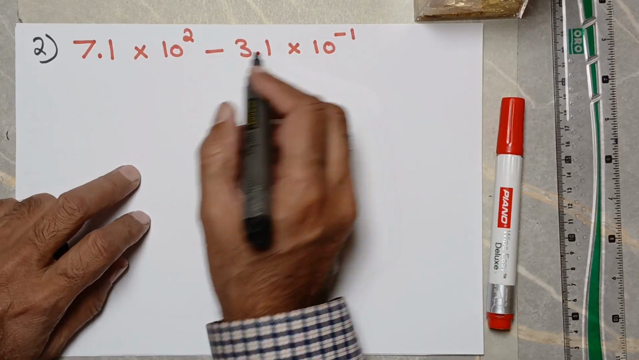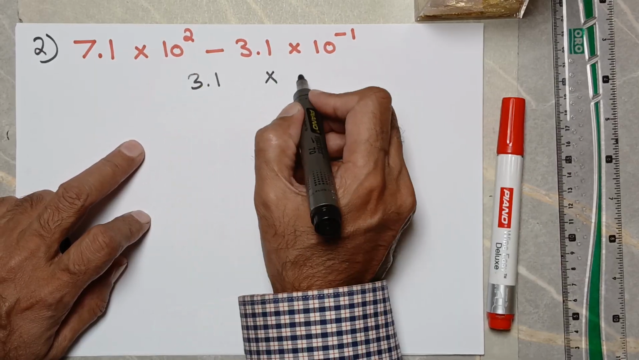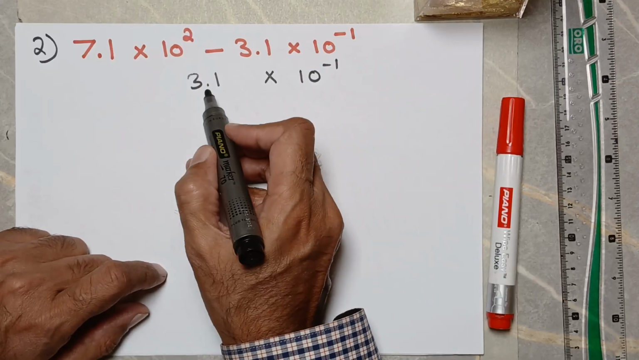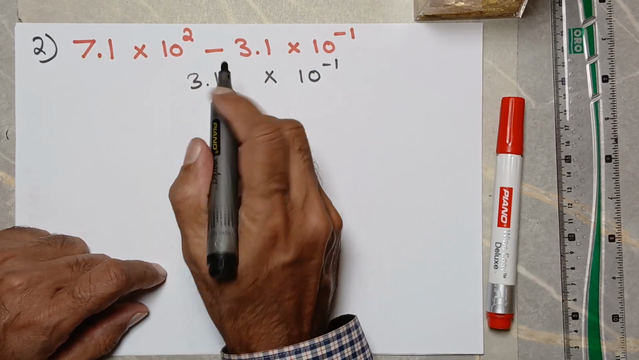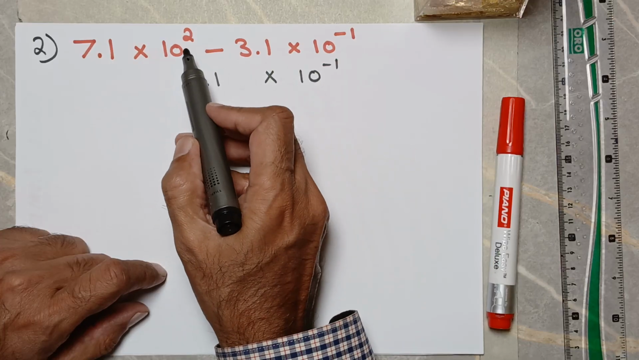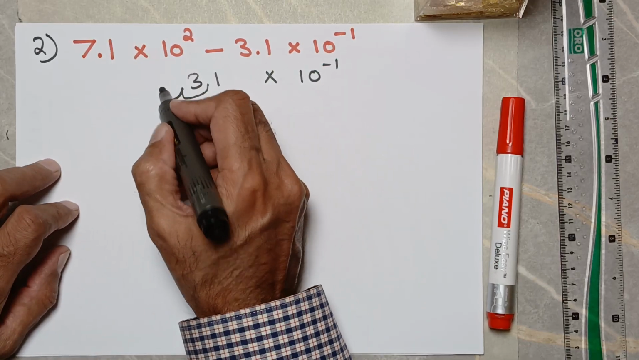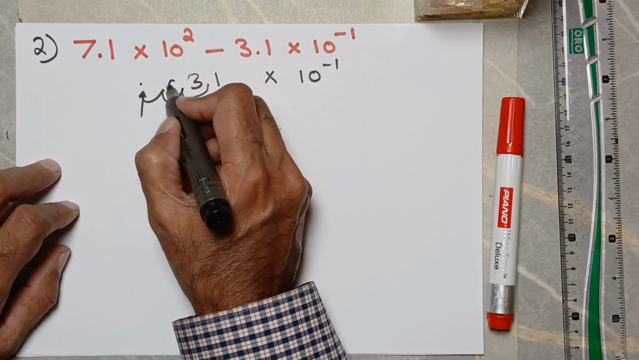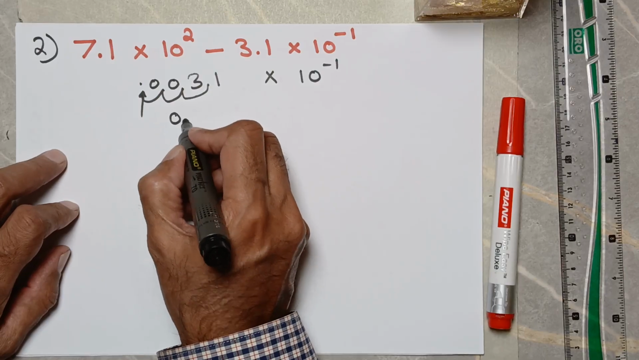So simply pick this whole term, 3.1 times 10 raised to the power minus 1 over here. What we will do, we will shift this decimal three places towards the left in order to make it equal to 10 raised to the power 2. Our first place, our second place, our third place and the last place. Here we have 0 and 0 over here. So it will be written as